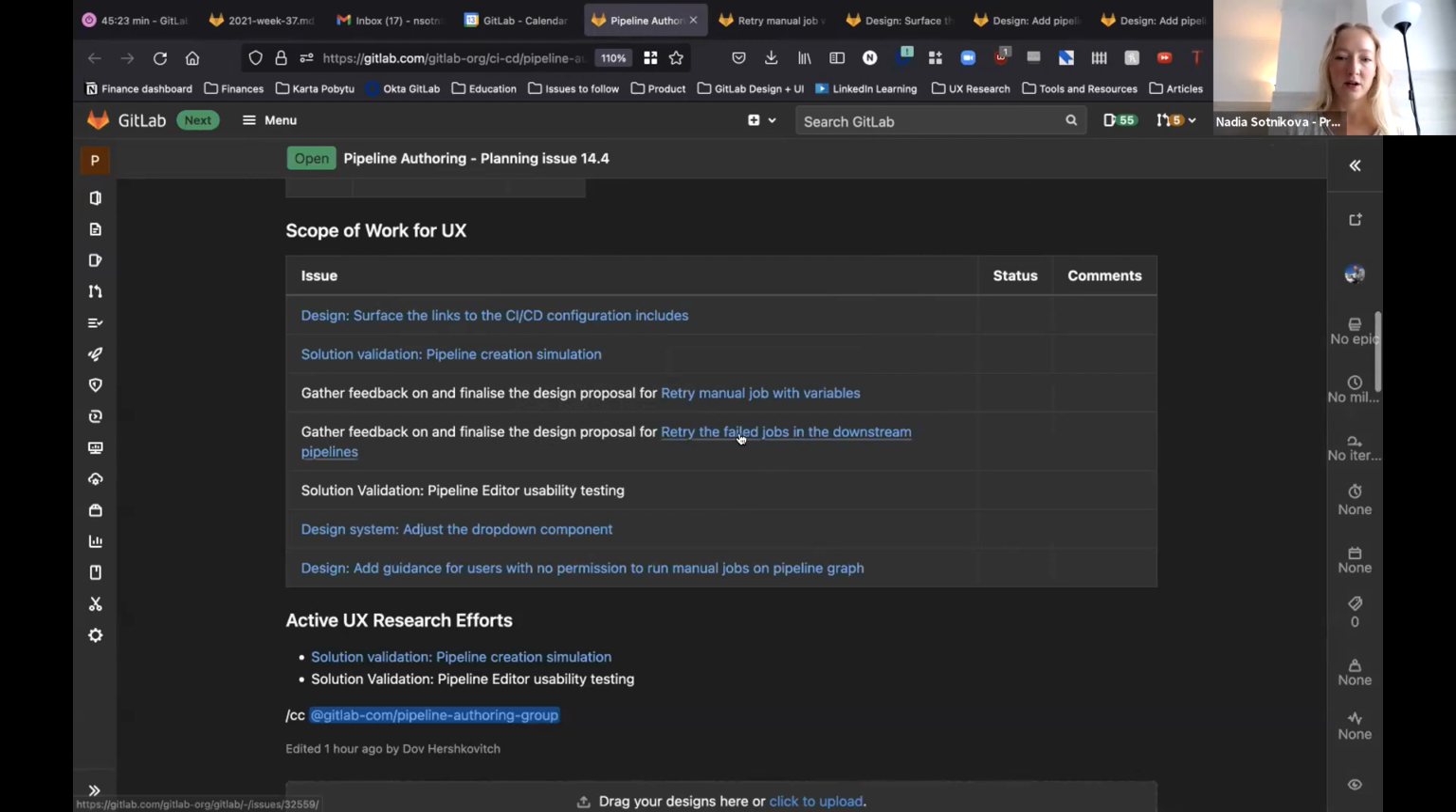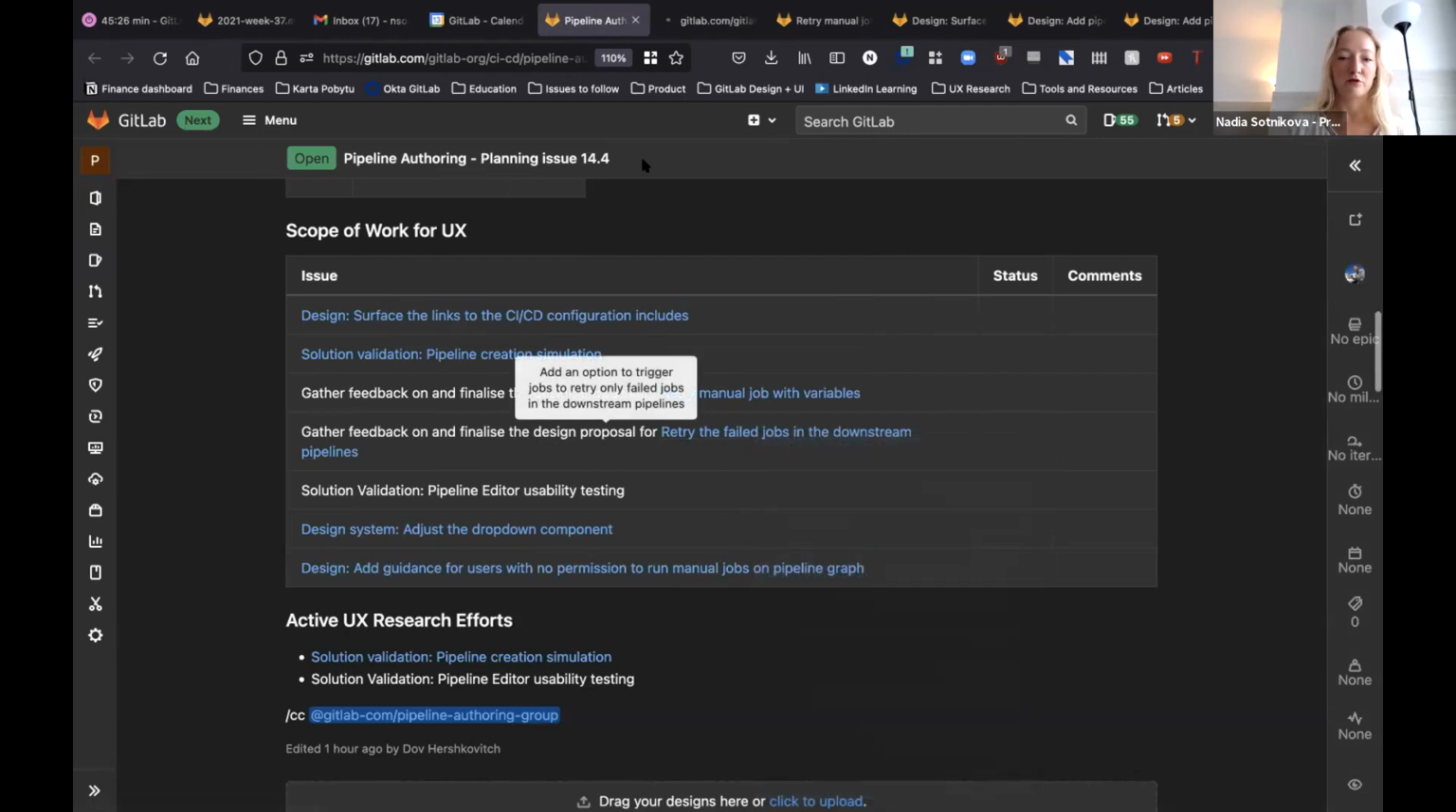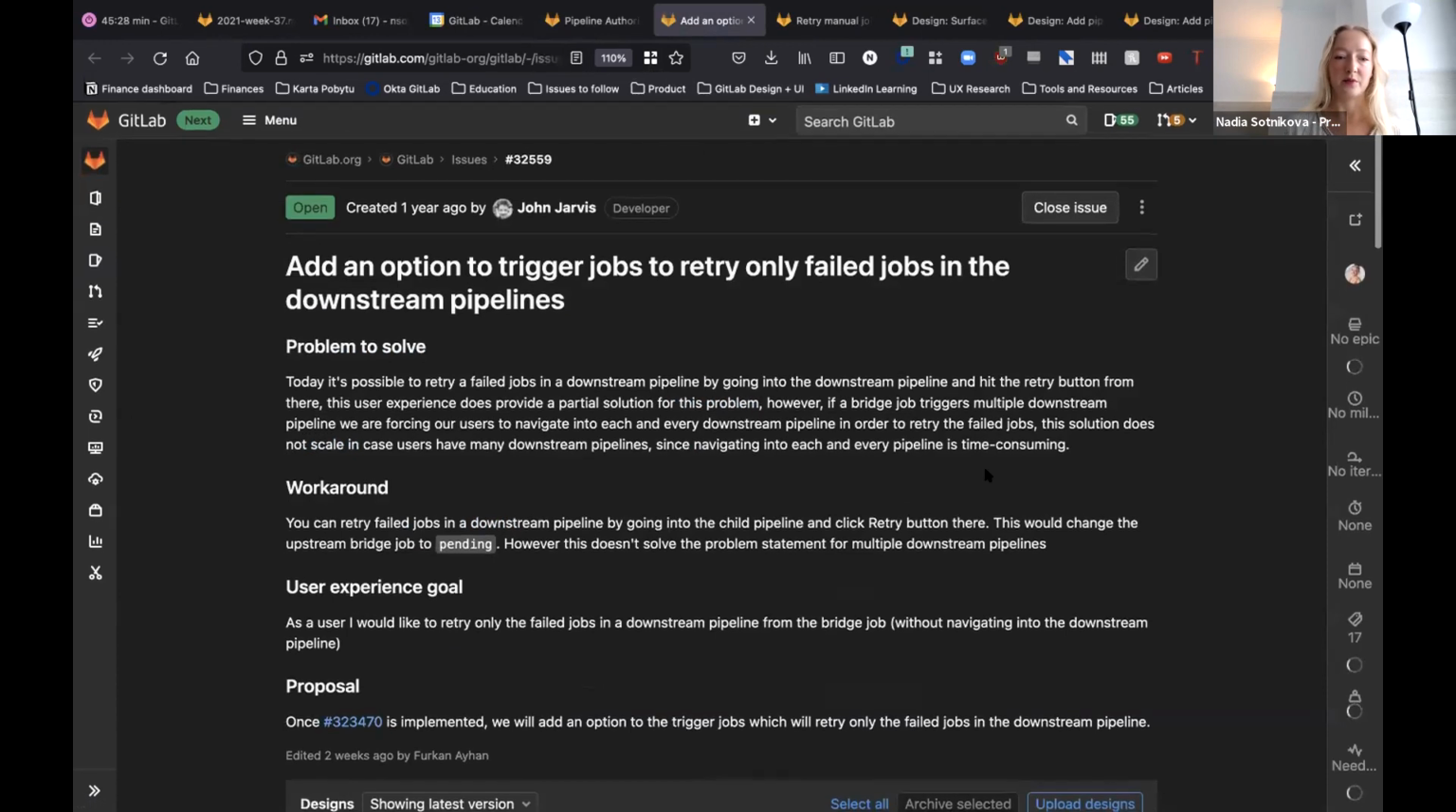And the last one that I want to cover is allowing you to retry the failed jobs in the downstream pipelines. This is a very interesting issue that covers lots of different use cases. When you have a complex pipeline configuration with a lot of downstream pipelines and you have failed jobs in some of them, there's currently no easy way to retry all of those failed jobs from the pipeline graph, so from one place, because you might have